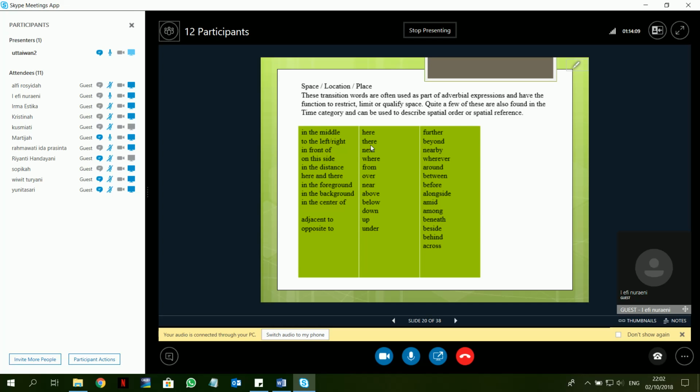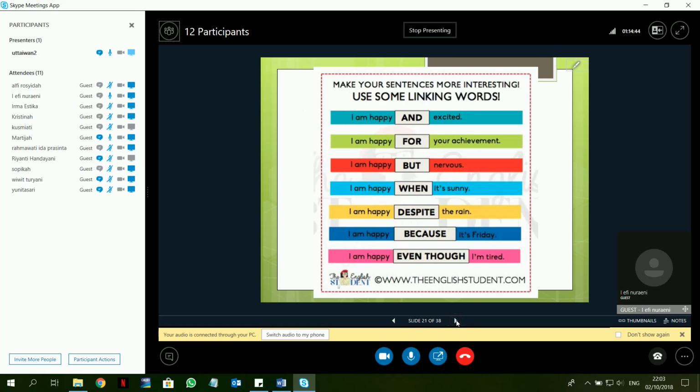Contohnya ini in the middle. Berarti kan ini menunjukkan posisi. To the left or to the right, in front of, on this side, in the distance, here, there. Kemudian near, above, below, under, further, beyond, around, between, alongside, beneath, beside, behind, across. Nah, ini ada juga